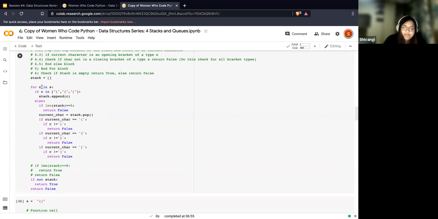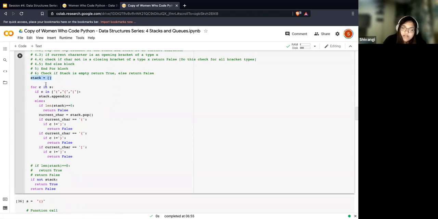So essentially, my stack is empty, right? And over here, S is a string. That means I can access it. So this is how S looks. S is this string.